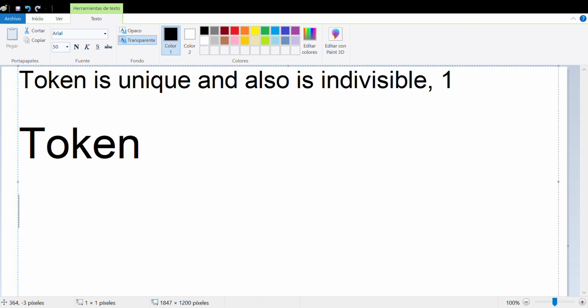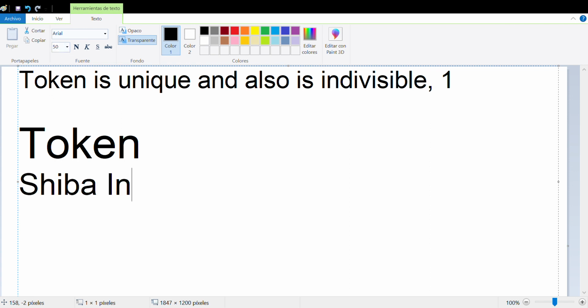You have to understand this in order to understand what an NFT is. I don't really know the definition, but a token is, let's say, Shiba Inu, or Dogecoin.